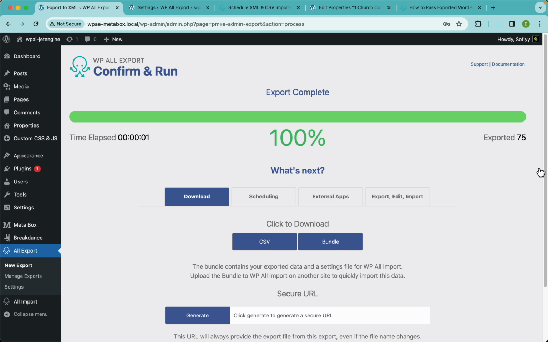Now, remember, guys, if you want to learn more about how to do more complex stuff with WP All Export or keep exporting other metabox data, or maybe you're using Jet Engine or ACF for your custom fields, maybe you're using WooCommerce and want to import or export products, orders, reviews, and whatnot, just check out the other videos in our channel,